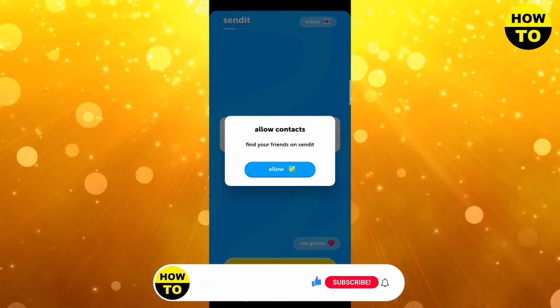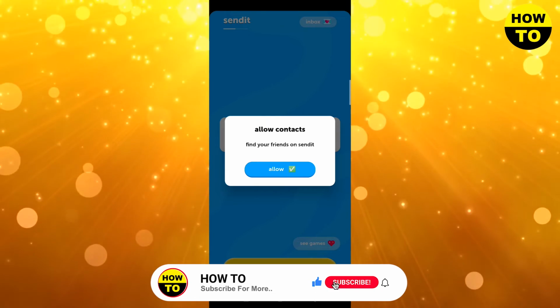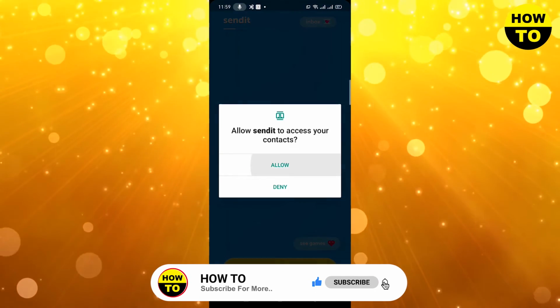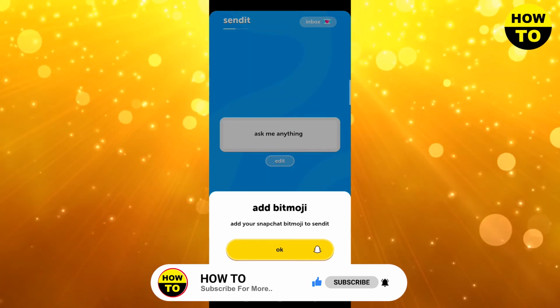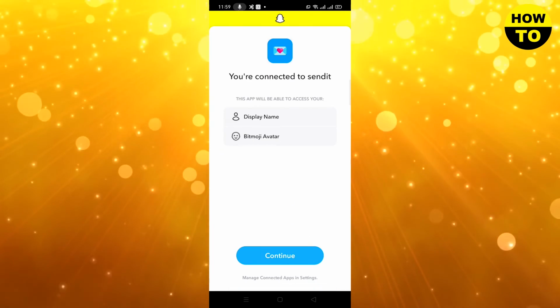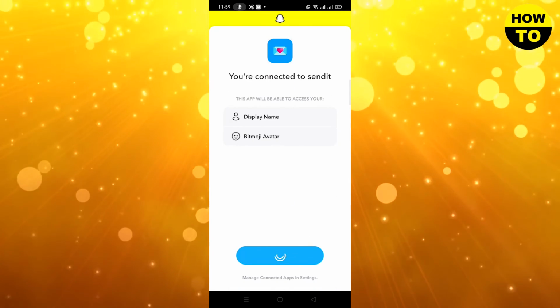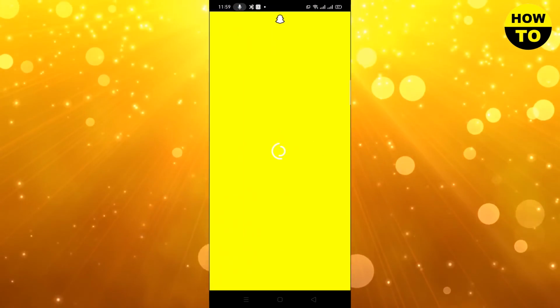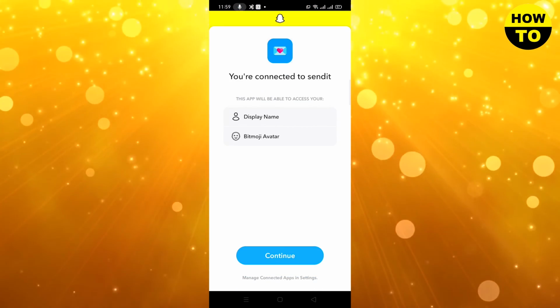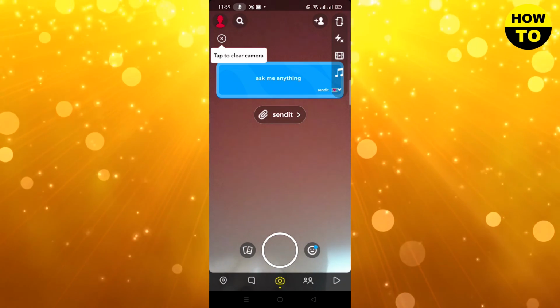Now if you allow your contacts simply, so now click on share. Now click on OK. Now again click on continue. Click on continue. So in this way you can use SendIt